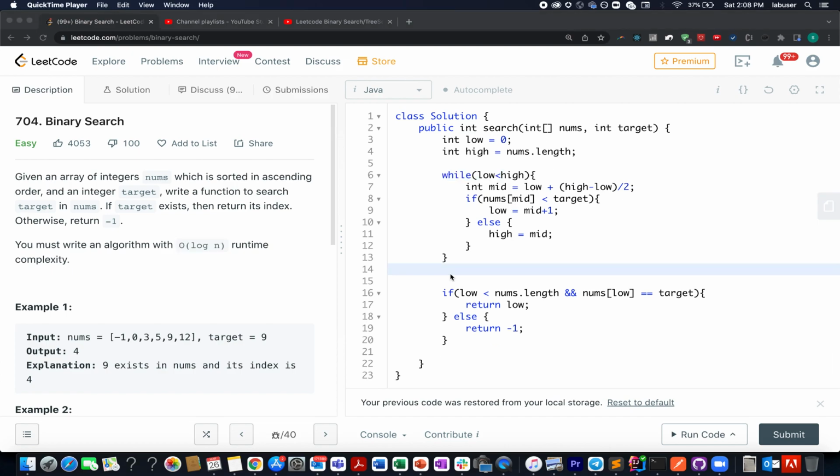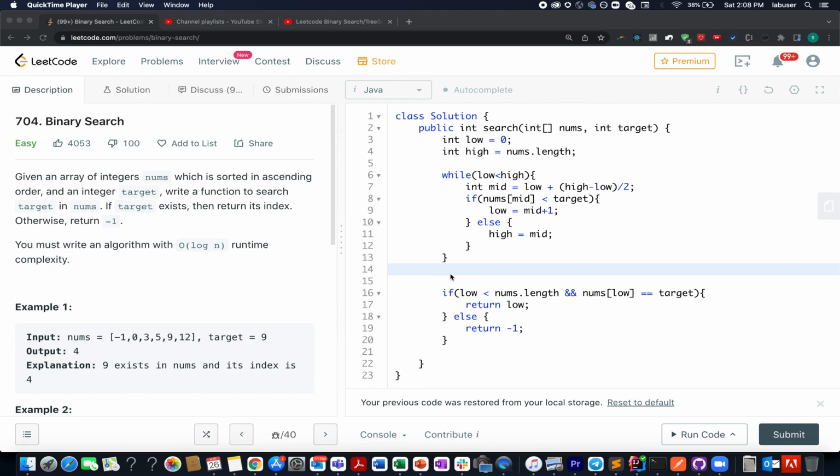I'm pretty sure that 99.9999% of people who have been associated with the channel will be able to solve this question by themselves. I'm here to tell you a few interesting attributes that you should keep in mind while applying binary search. The first one, which people tend to often forget, is that it can only be applied on a sorted array. Unless the array is sorted in nature, you cannot go for binary search. So whenever in an interview you're thinking of applying binary search, please make sure that your input is in sorted